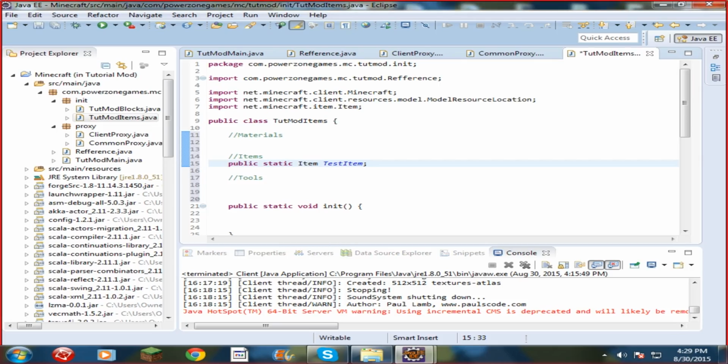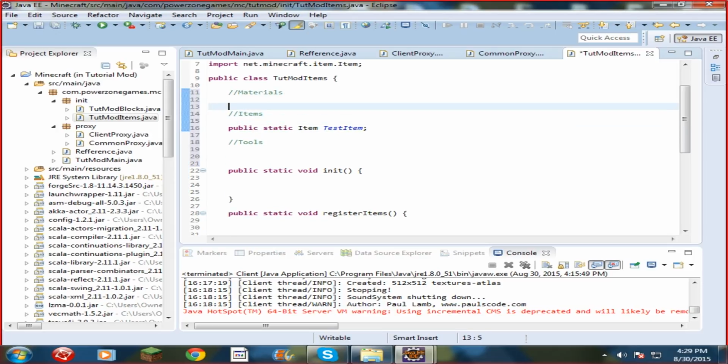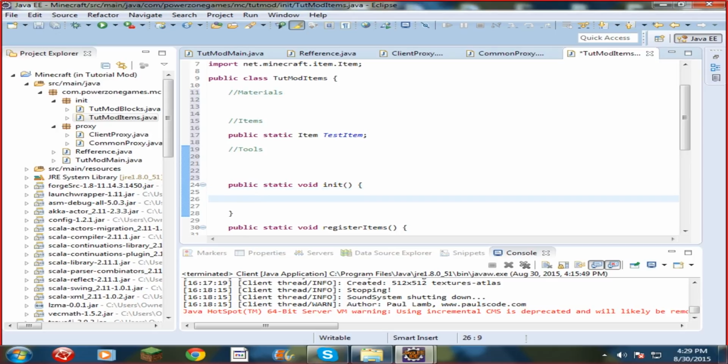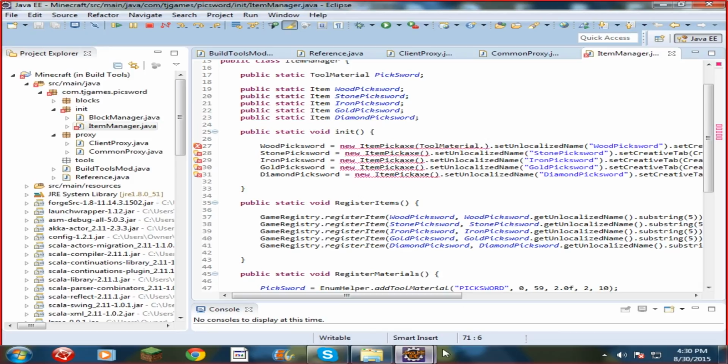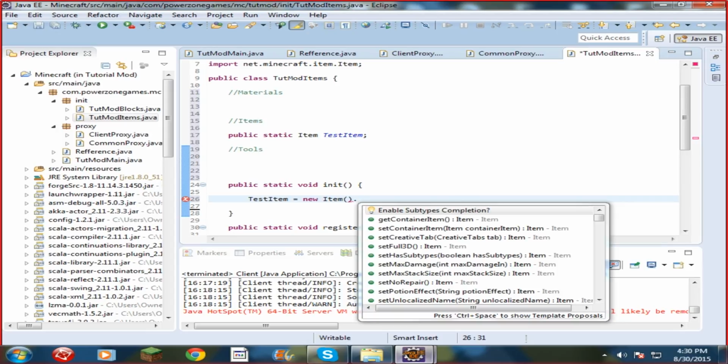Okay. Now we are going to come down to init. It just looks so much better when it has 3 spaces. Alright, so inside of init we are going to do test item equals new item. I can't remember why. New item, okay, that's why, because then you do item and then dot